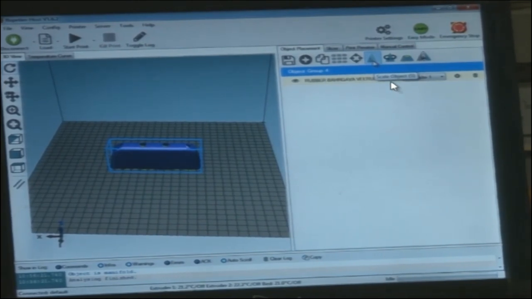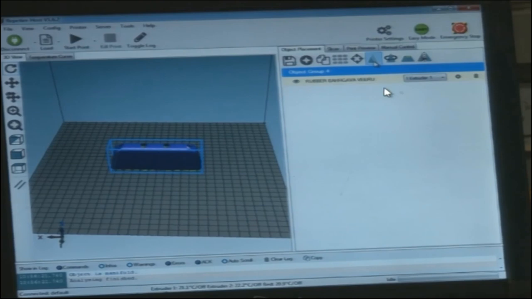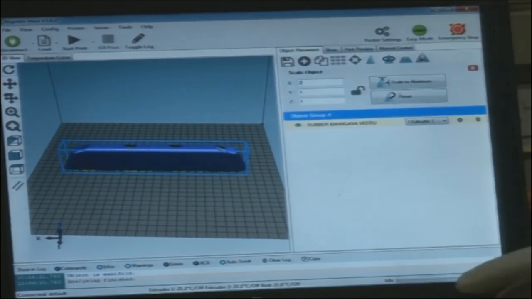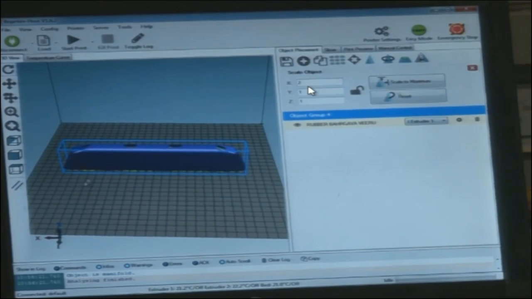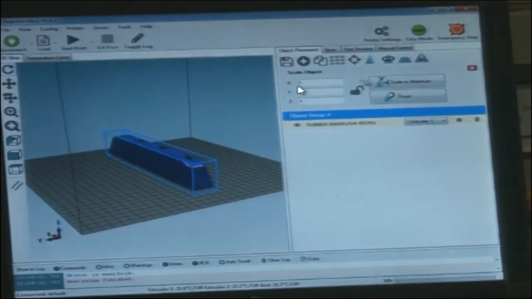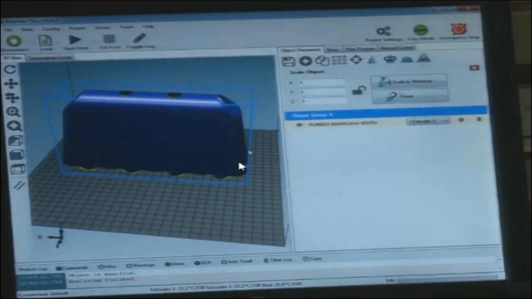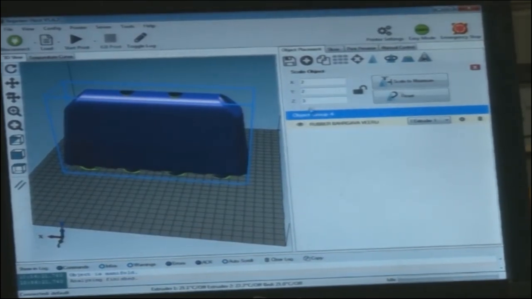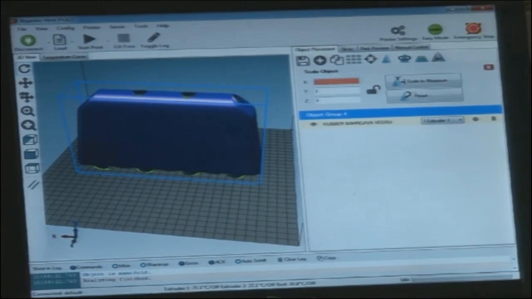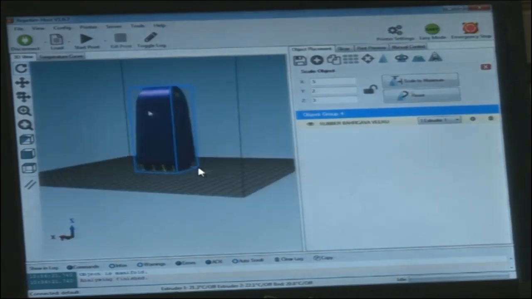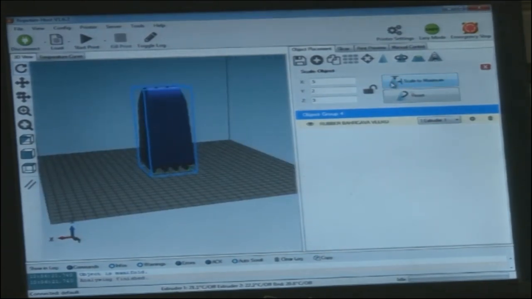Now, this is scale object. Scaling means changing the size of the object, making it oversize or undersize; upscale and downscale are better words. You can say X is made twice, X direction made twice. Now Y is made again twice, thrice. We are scaling the object, upscaling this one. You can see it is made 0.5. So this is scaling of the object.